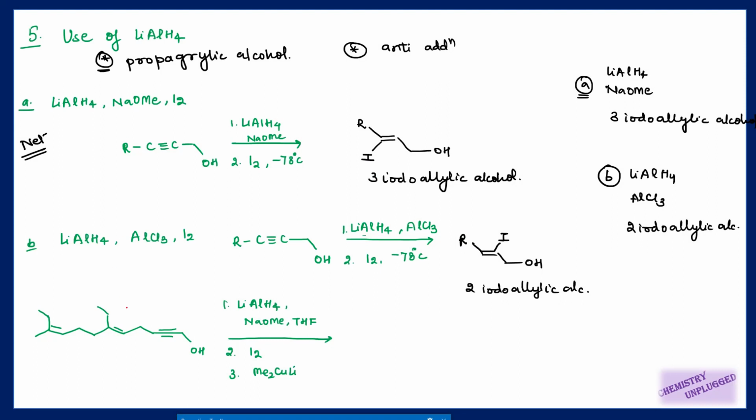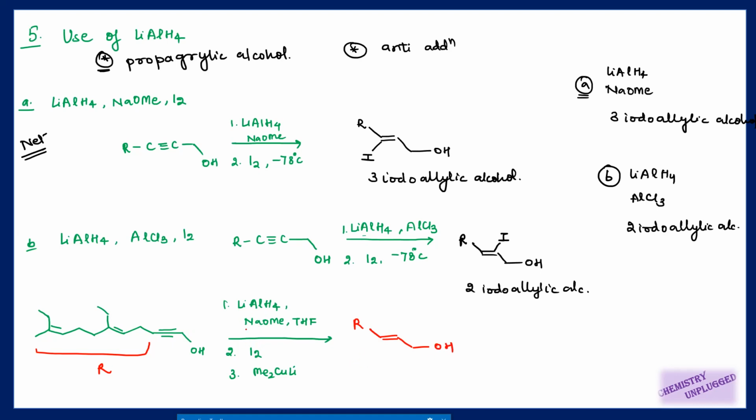Right. Next we will take one more important reaction, where you have such a complex structure, and then there is a possibility that you can get confused, right? So the most important thing is how to solve this. Write down this part as R, right? Then you are using this lithium aluminum hydride and sodium methoxide, then iodine. So first we will do anti-addition. Anti-addition means it will go like this, right?